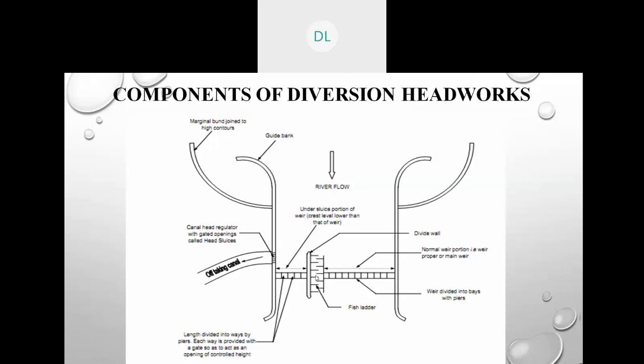If we create this kind of barrier to the flow of water in the river, then there would be lesser velocity of the flow, so that the fish could move easily and comfortably upstream or downstream of this area. So the meaning of fish ladder is a kind of passage for the fish and other aquatic life to move from upstream to downstream and downstream to upstream.